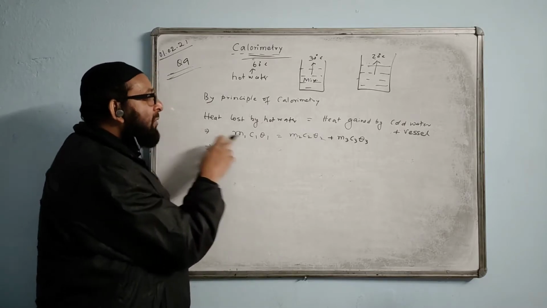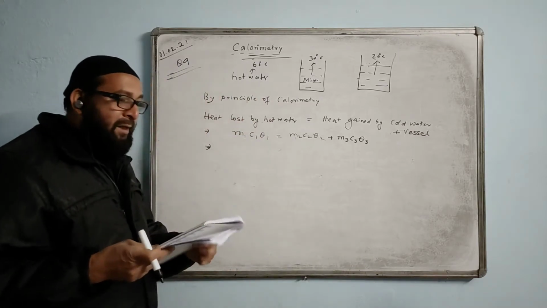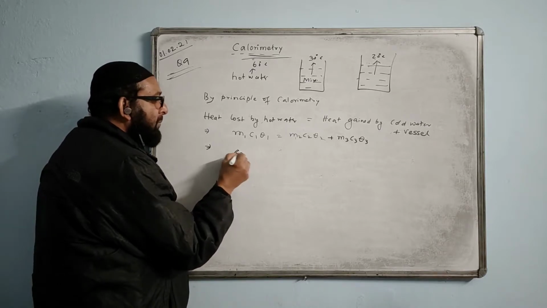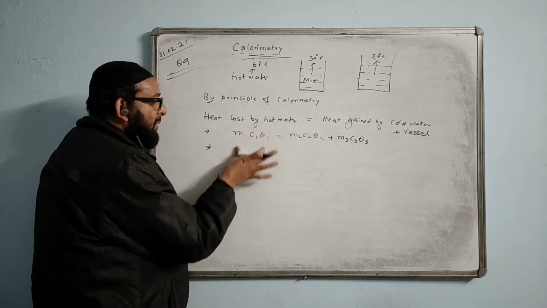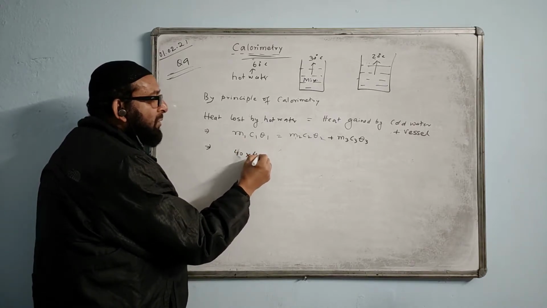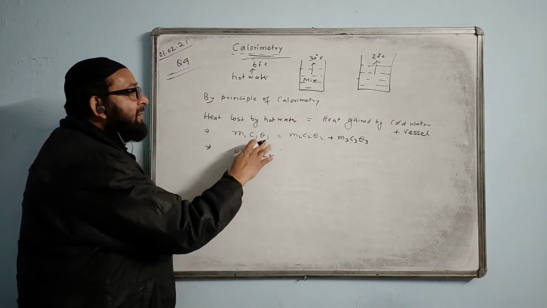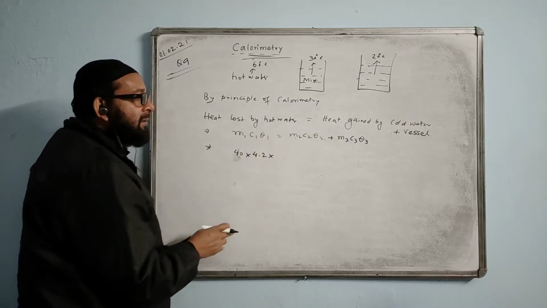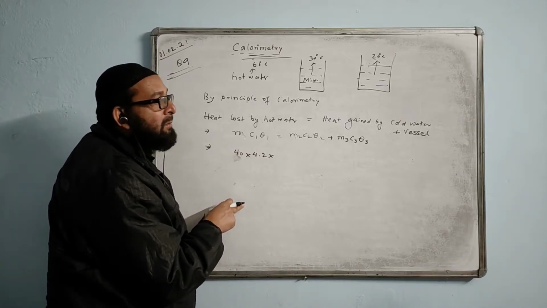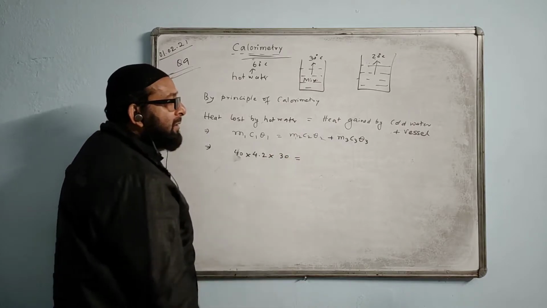Now let us put the values. What is the mass of the hot water given? I read the question: 40 gram of water at 60 degrees Celsius. So the mass of the hot water is 40 gram. We write 40 here, into c1, the specific capacity of water, which the question also gives as 4.2 joule per gram per degree. Theta 1 is the temperature difference. What is the temperature difference for the hot water? Yes, this minus this, you can directly write 30.